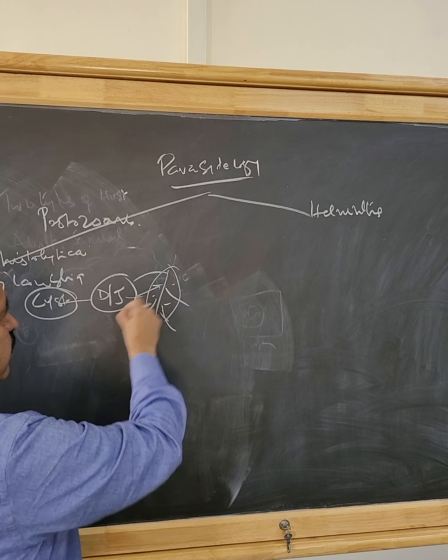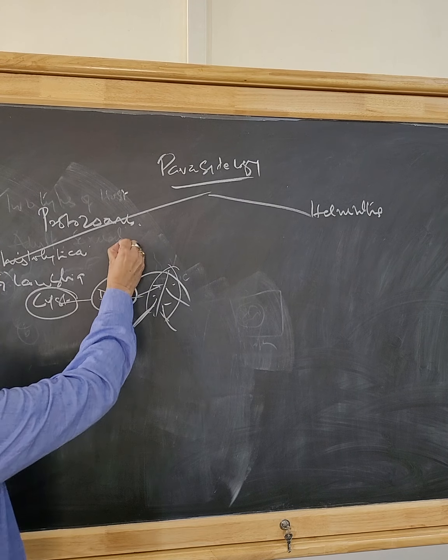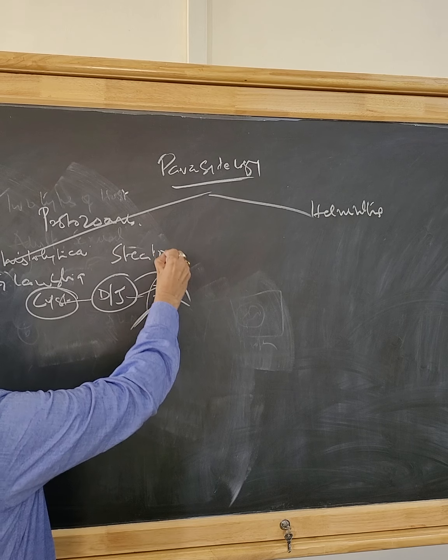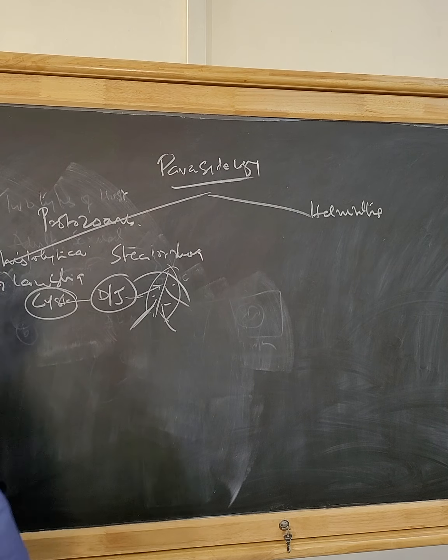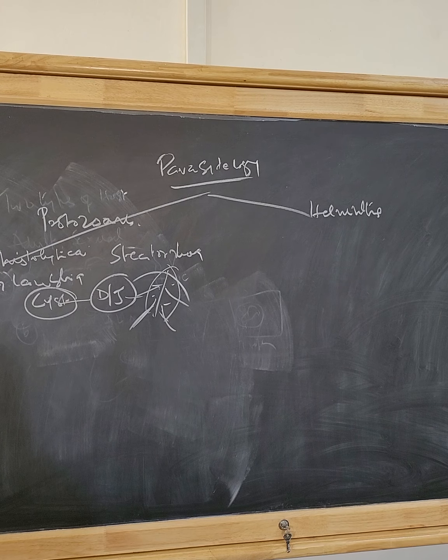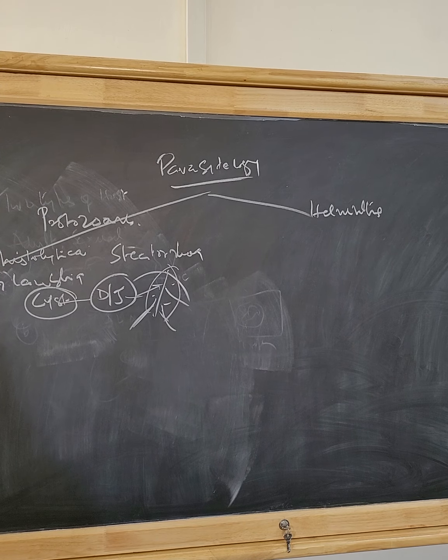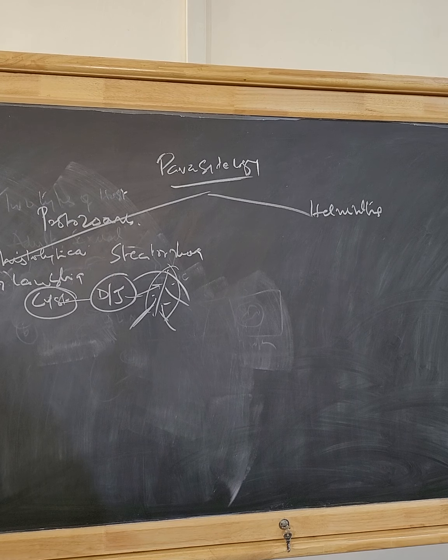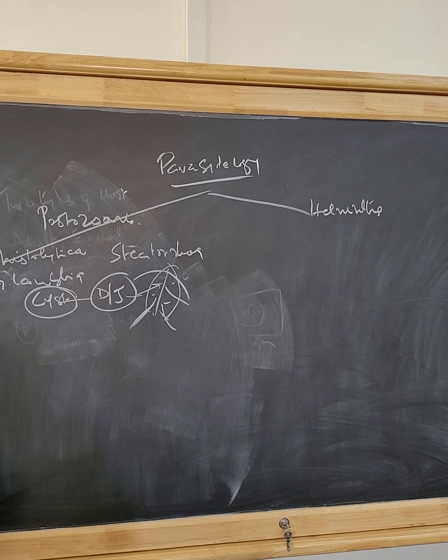It's a flagellate. It causes steatorrhea. Malabsorption of fat is called steatorrhea. Demonstration again is done by iodine and saline preparation. In iodine preparation, you look for cyst, and in saline preparation, you look for the trophozoite.